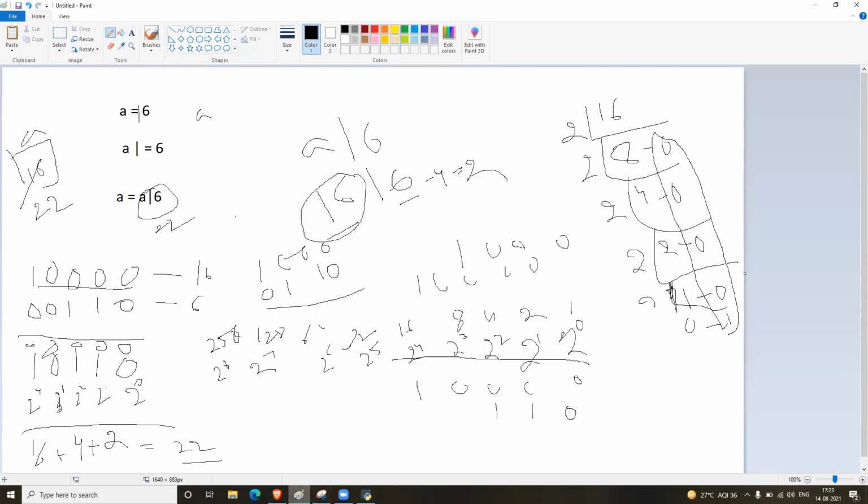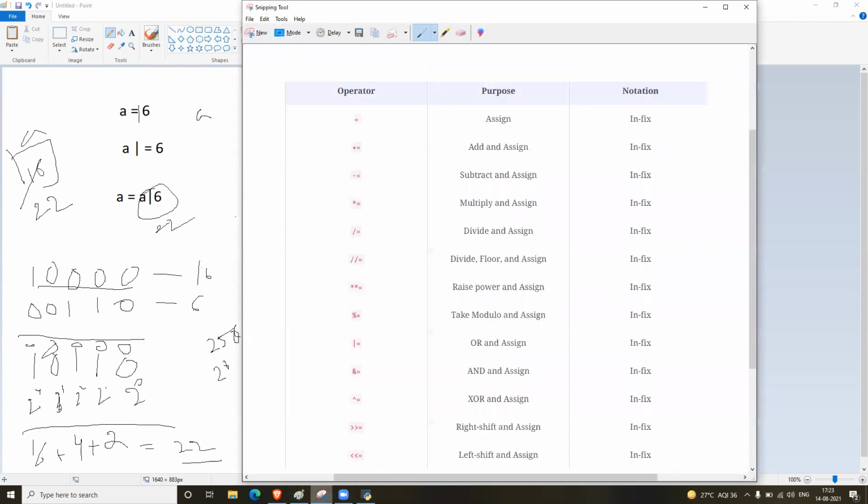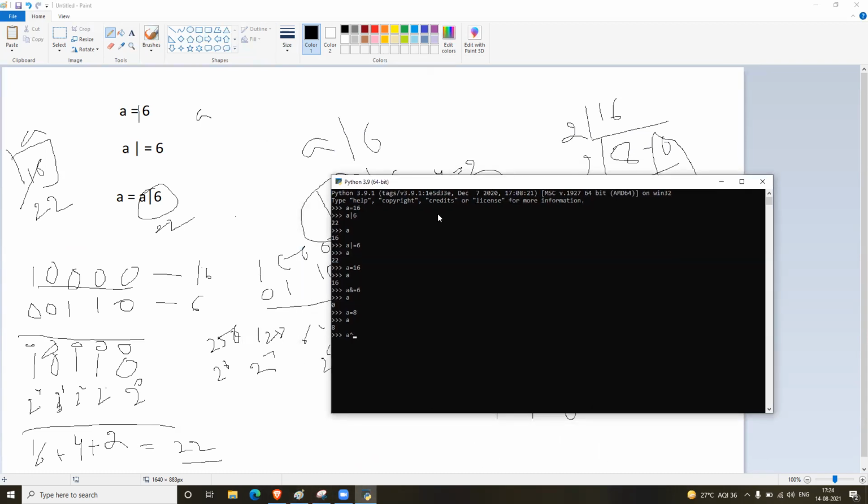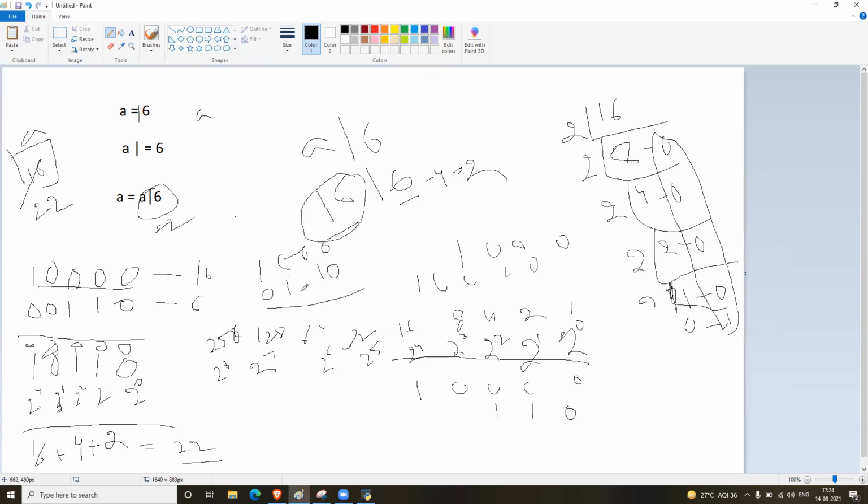A XOR 6. It's becoming 14. How? 8 plus 6.